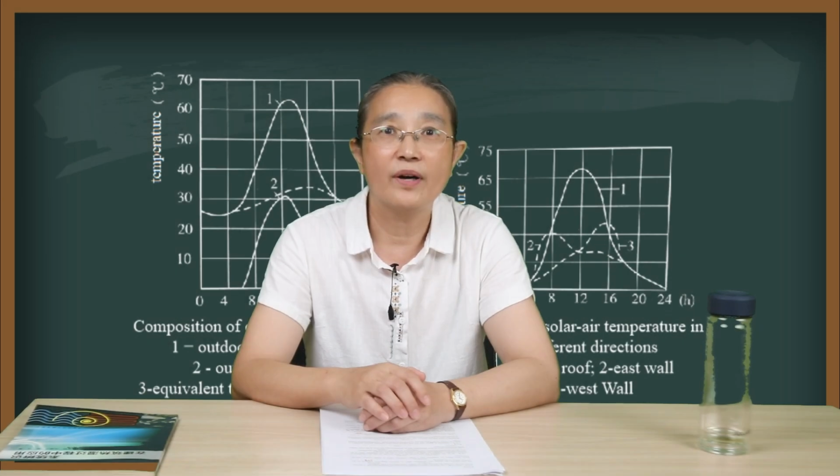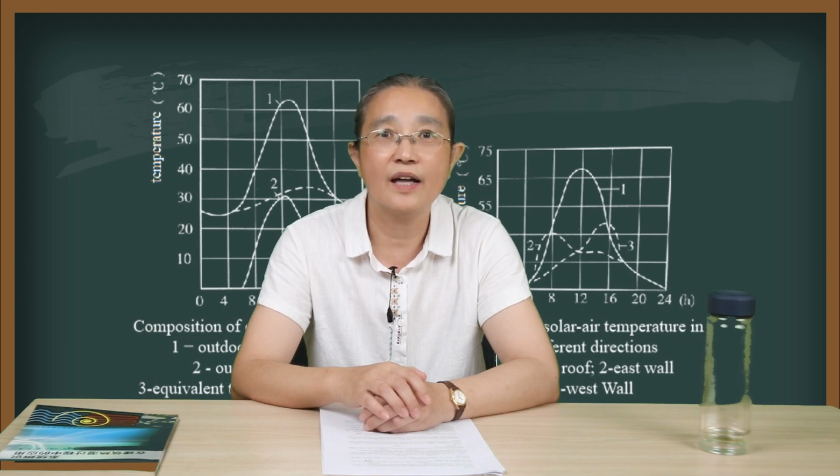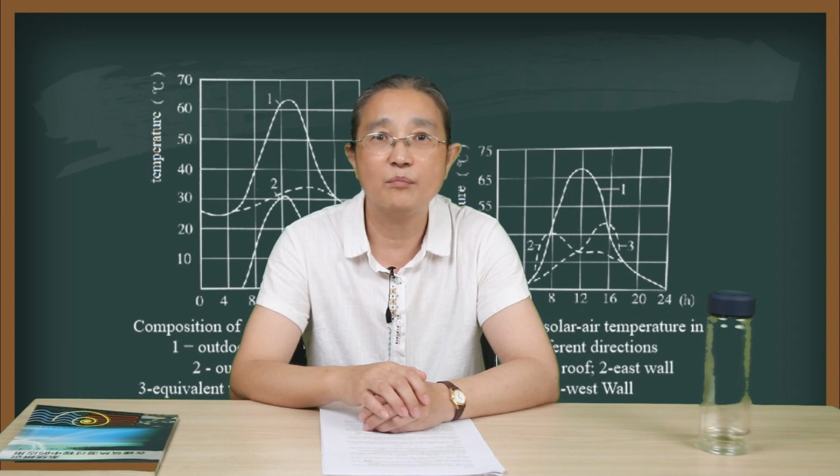So far, this example has been solved, from which you can see that the calculation of summer attenuation multiple and delay time can be used to test the heat insulation effect of the enclosure structure and determine whether it meets the heat insulation standard. Also, since the calculation process is very cumbersome, what can simplify the calculation is that the maximum value of the room temperature and its occurrence time are the same as the inner surface of the enclosure structure.